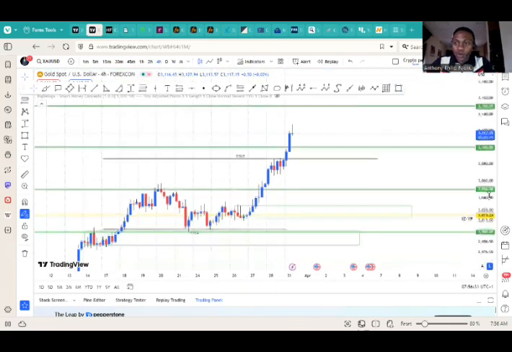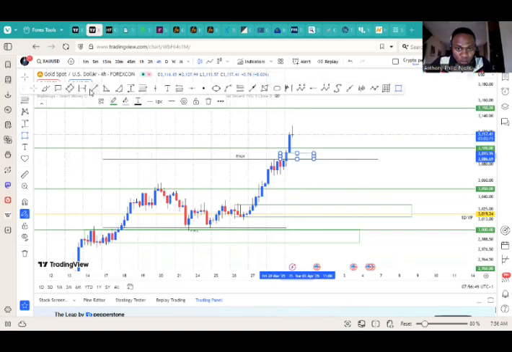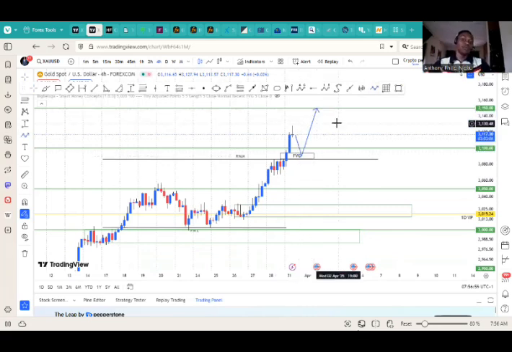So literally based on what gold is doing right now, I see a fair value gap over here. And it has broken the previous week high and previous week low. Some people were sleeping. So one thing I know about market makers is that they will come to grab people that were sleeping when yesterday was broken, and then we can aim higher. So this is what I see for gold.